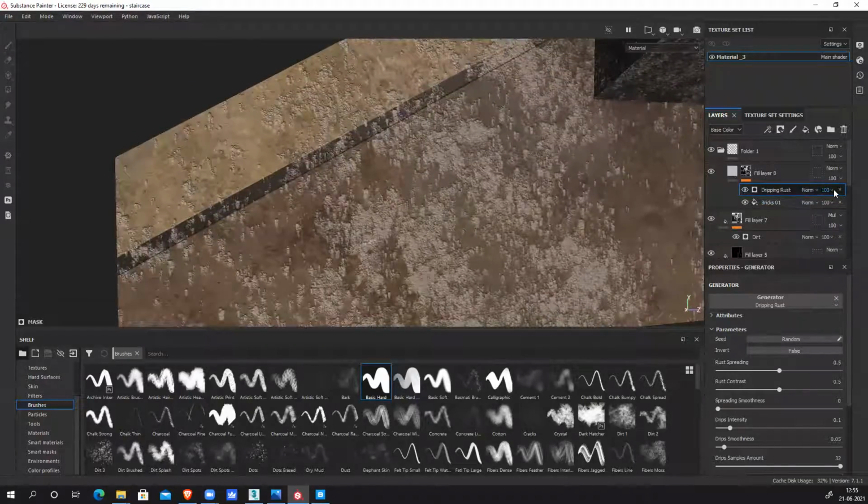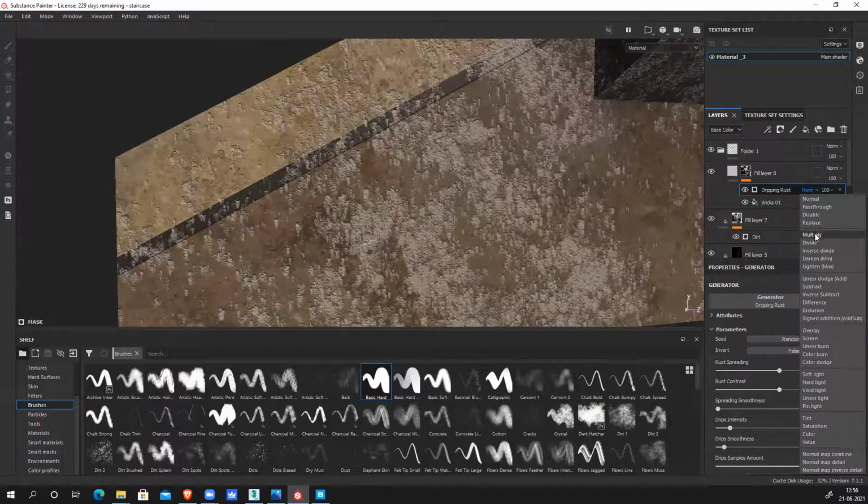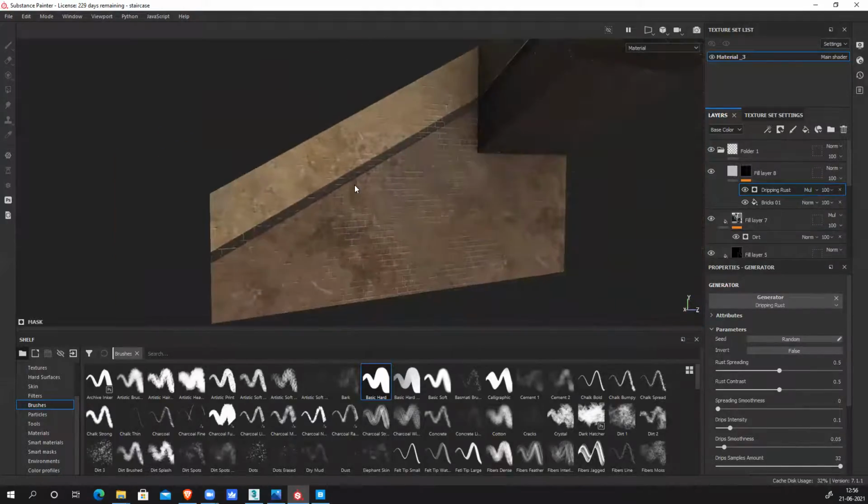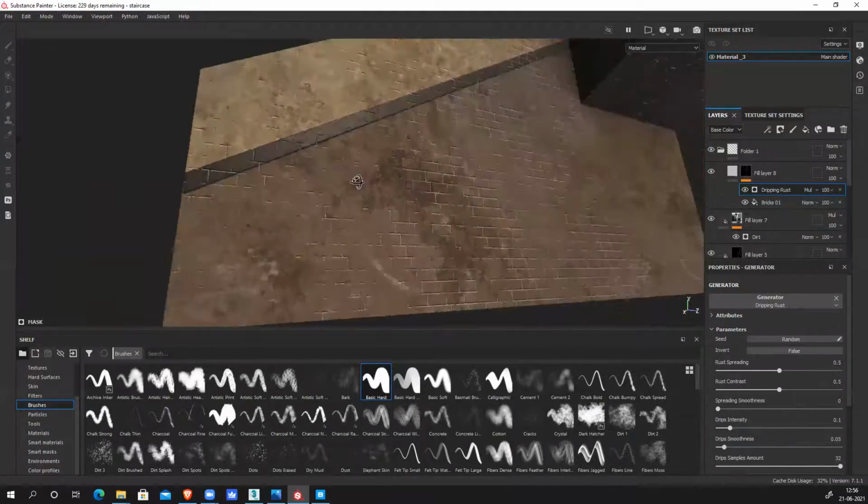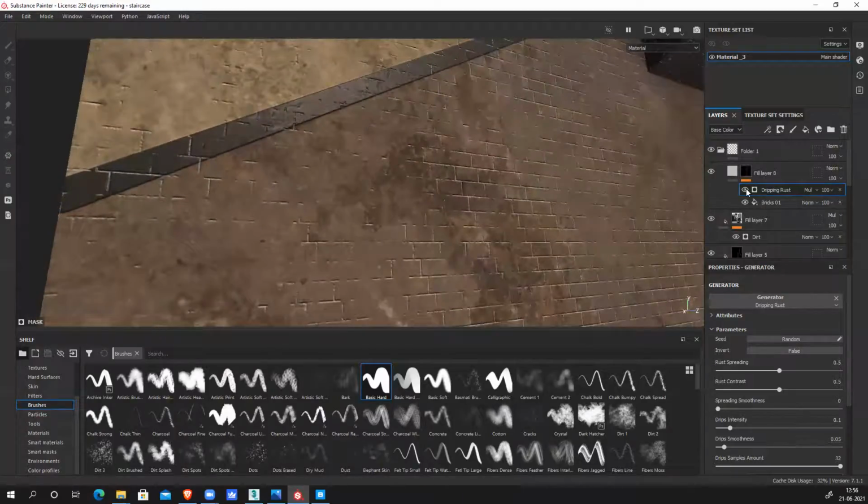So what I have to do is change the mode to multiply. So you can see only a few areas are visible, not everywhere. So this thing I can control, spread. See, I can make it really strong. Contrast I can increase, decrease.